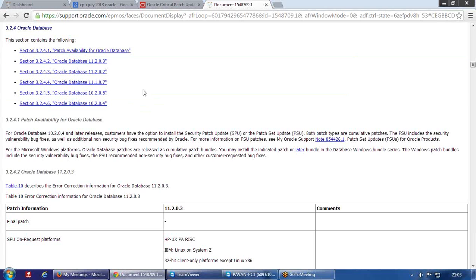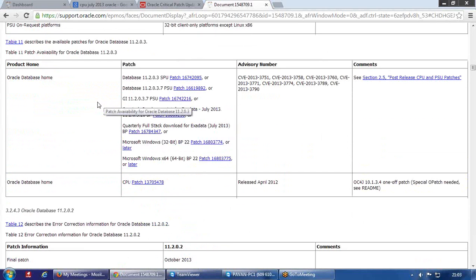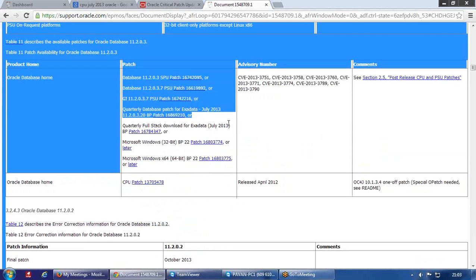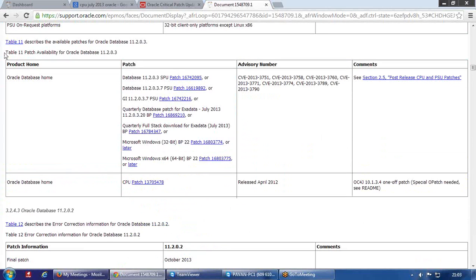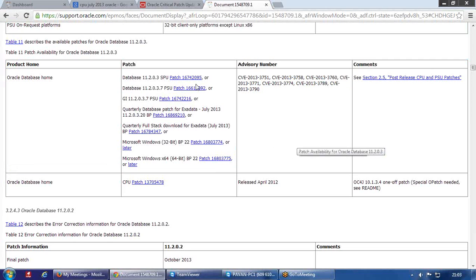As of now my version is 11.2.0.3, so I am clicking on this to go to the prompt. This table tells you what patches are available and what their numbers are. As I said, CPU has been replaced with the word SPU.